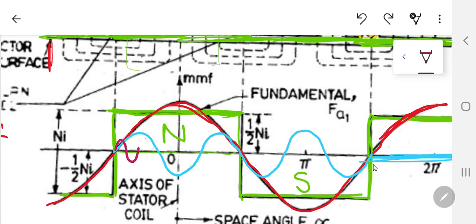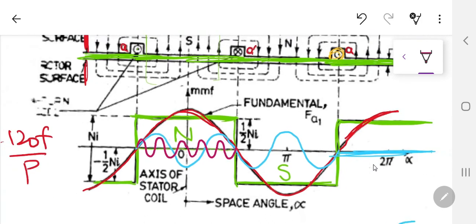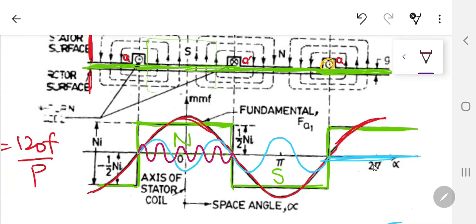This is going to be 1. This is going to be 2. Yes, this is now 3, and okay, 1, 2, 3, 4, 5. So now this is the fifth harmonic. So you can see that the third harmonic is not going to be there. We will discuss it later on. So the fifth harmonic, the seventh harmonic. All these harmonics are present inside a concentrated winding MMF.